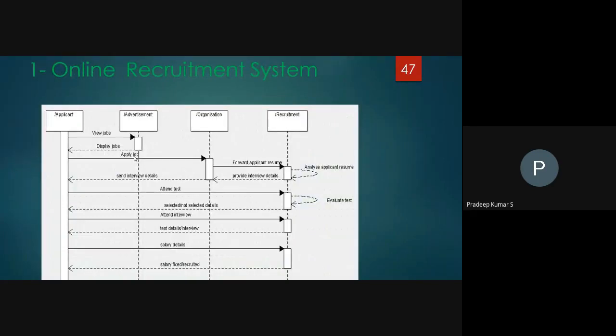I can take a well-known example, the online recruitment system, followed by another example, the library management system. In the online recruitment system, in the class diagram, we defined the applicant, advertisement, organization, followed by the recruitment.